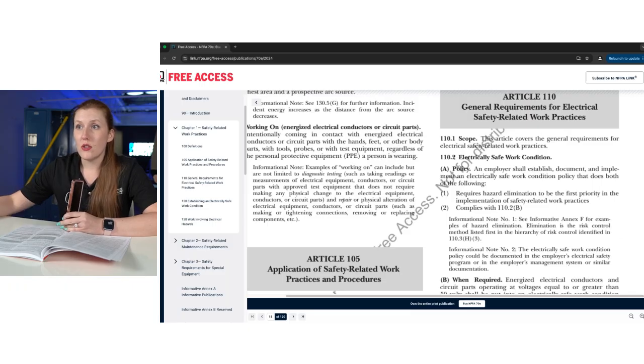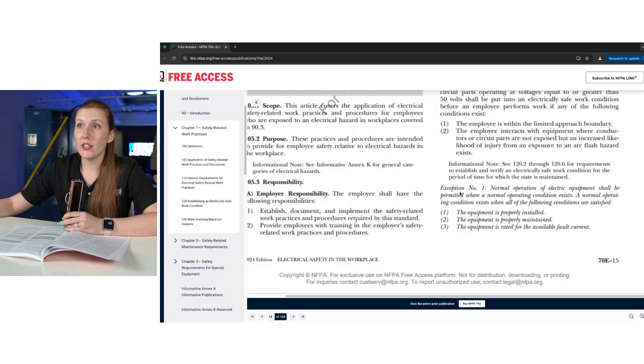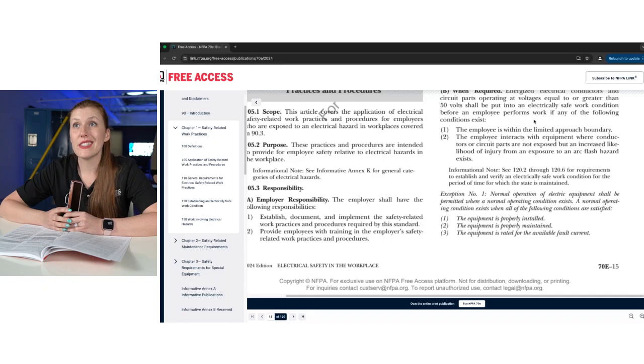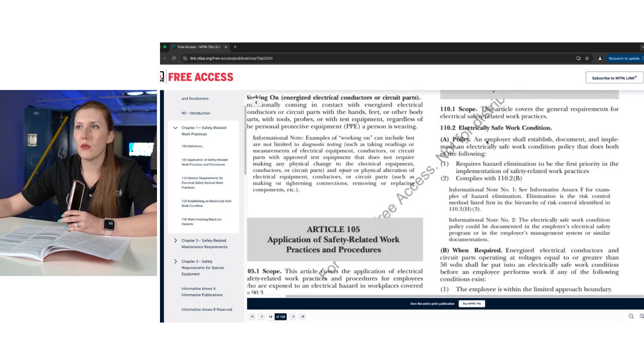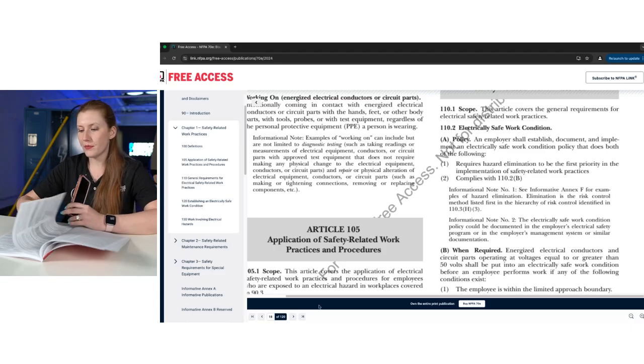or circuit parts. So that's for anything 50 volts and greater, or if you decide that even though it's lower voltage, maybe there's a high chance of arcs and sparks and thermal burns, excuse me, things like that. Some kind of typically abnormal situation, not typical controls, I would say. It would be more like the more complex and unique things, low voltage but high current kind of stuff. Again, different applications can be found there. The policy and what's required hasn't changed all that much. They just moved it right up front to 110.2.